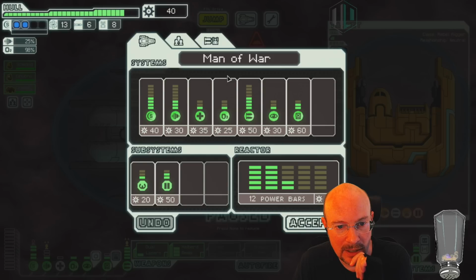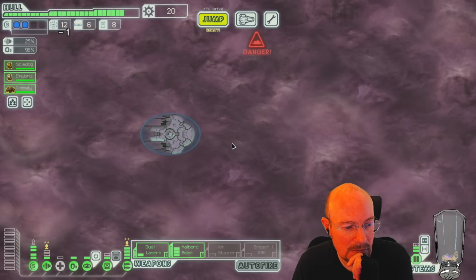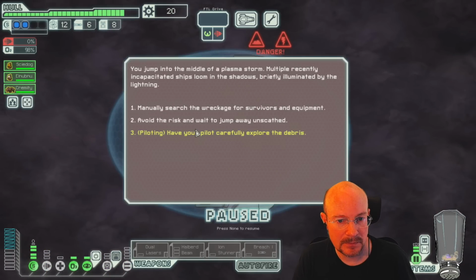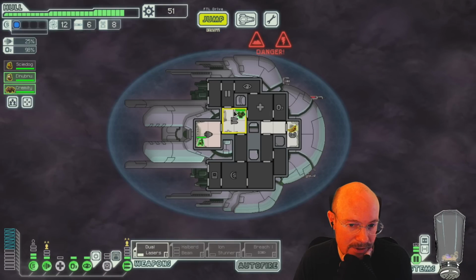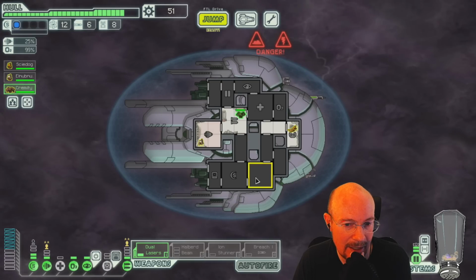I'm gonna get level 2 piloting for this. There we go. Instant value, good. Two free hacks and shields and weapons equals run. Well, I tried to do that, Average. I tried to do that, so I already know that. But